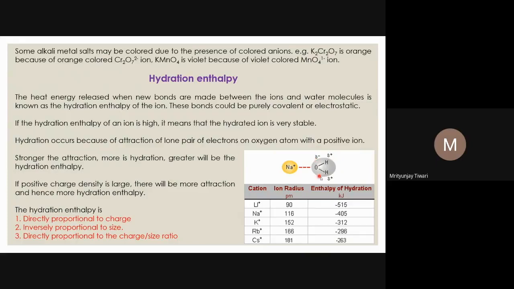So water has a dipole, that you know. It has a net dipole in this direction, so the negative pole will be attracted towards the sodium. When the ion is negatively charged, the positive pole of the water molecule is attracted towards it. This kind of electrostatic interaction, an ion-dipole interaction, is there, and because of that some stabilization will happen.